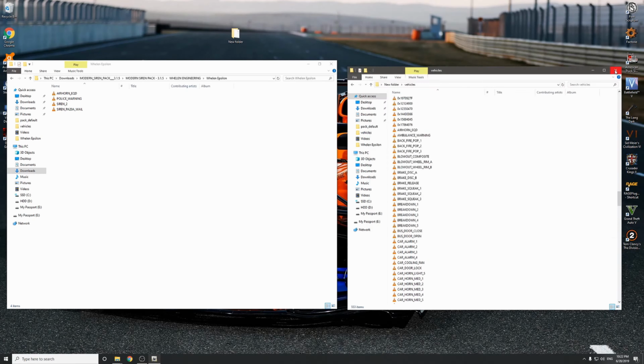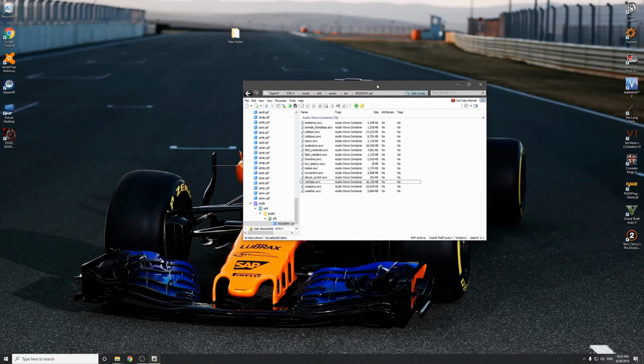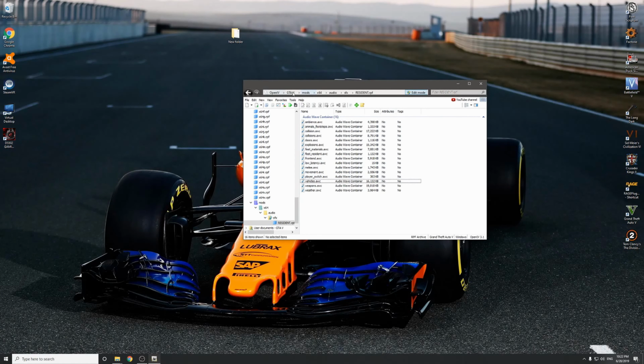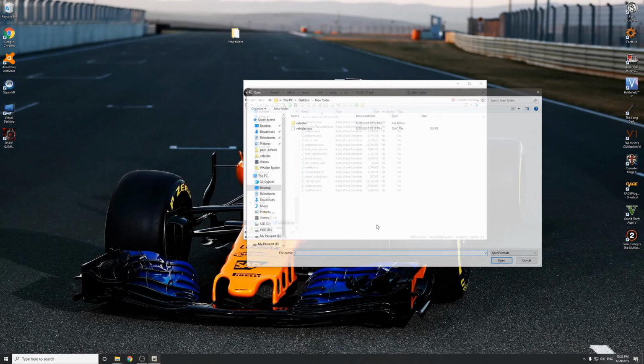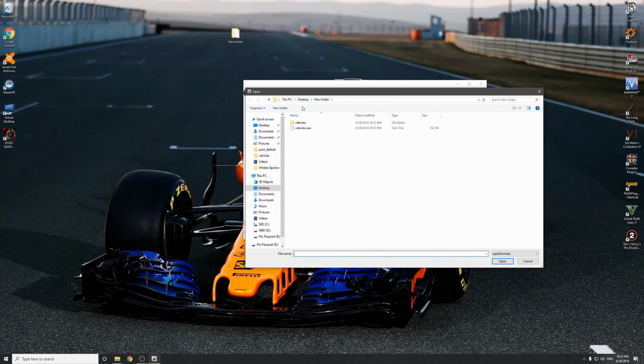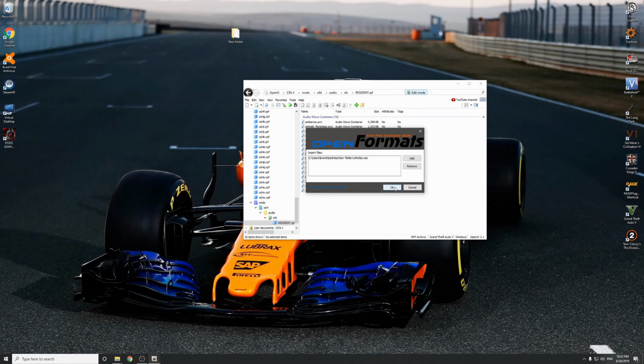We can actually close both of these for now. Back in OpenIV, and we're still in our sound folder within our mods folder. So we're going to right click in any open area here. This time we're going to import open formats, and back to the same folder that we exported it into. We're now going to click import on the vehicles.oac file. We'll put that in,